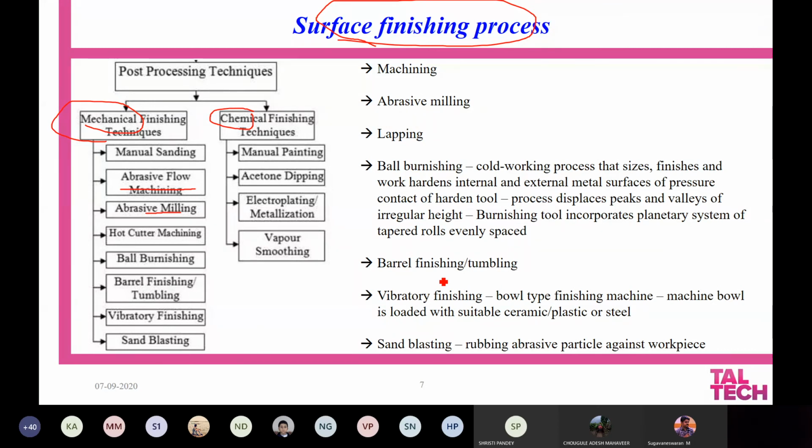But most widely what people use is sandblasting, where they take the part out of the machine and blast it with alumina sand or any sand or powder.